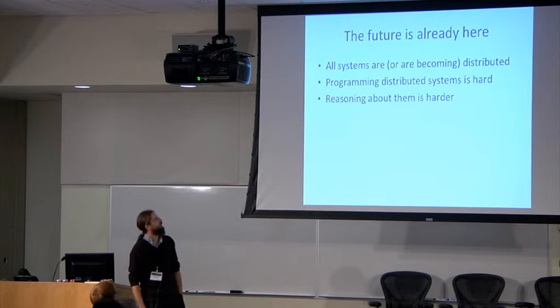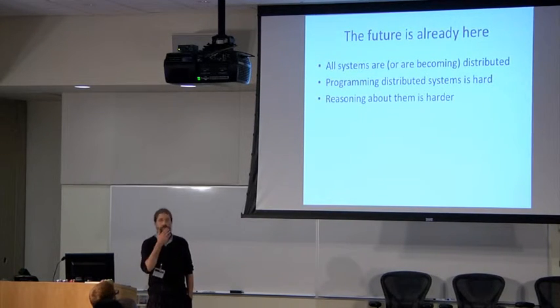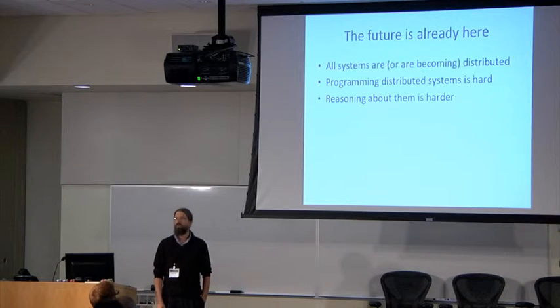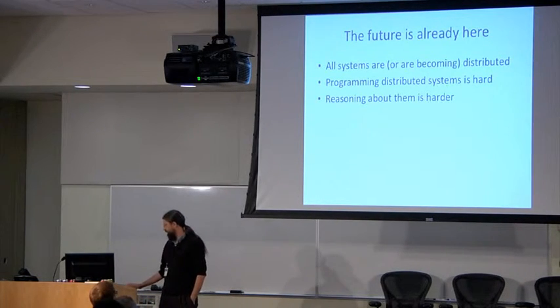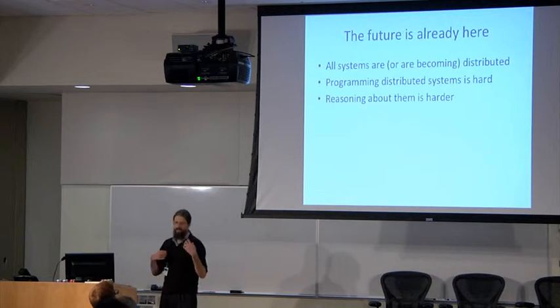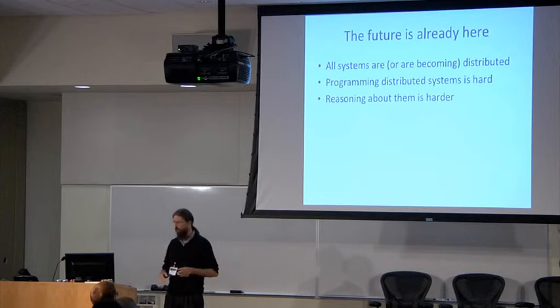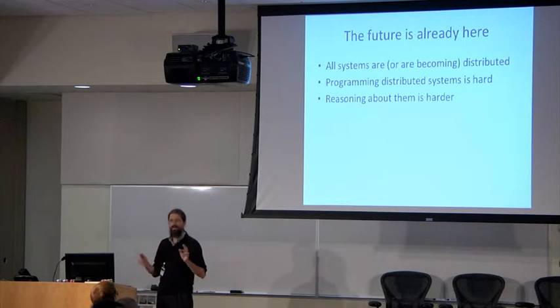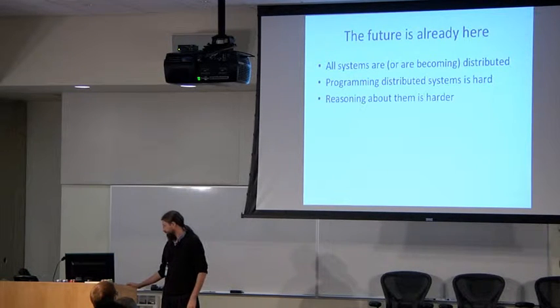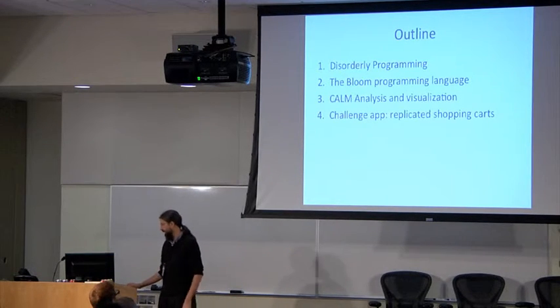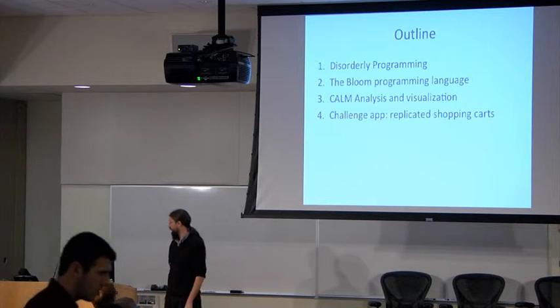Just a few years ago, I started talks like this with a blanket statement: in the future, all systems will be distributed systems. And I don't even think I need to speculate about the future. We're already there. There's evidence of this both at the microscopic scale of chip scale multi-core and the macroscopic scale in which we're treating data centers and clouds as individual computing units. So we're reaching a crisis. And that's the space where the Bloom language enters.